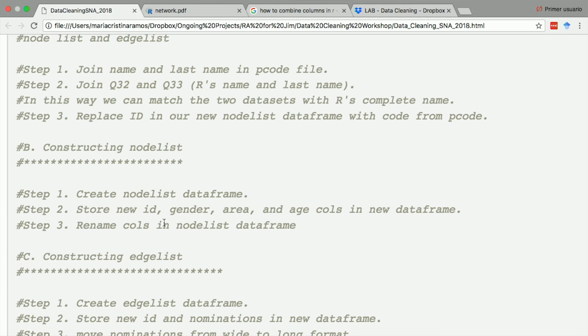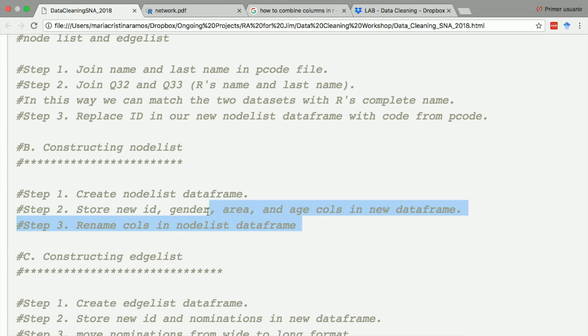And now, for the structure level, we need, as we had discussed before, actually 2 things. We need the node list, so the nodes with the attributes, and also an edge list. So we are going to construct the edge list. And here, I'm not going to get into detail, but when you run this code at home, you will see